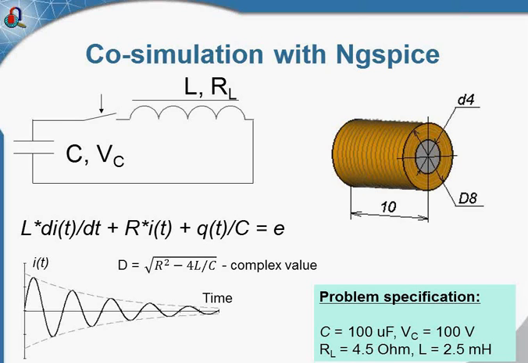QuickField circuit editor is limited to passive linear elements. Some of the elements, nonlinear inductor, the transformer, could be added as the field simulation model parts. And another option to extend QuickField capabilities is to perform co-simulation with some other